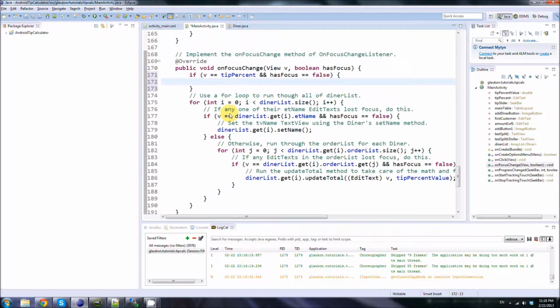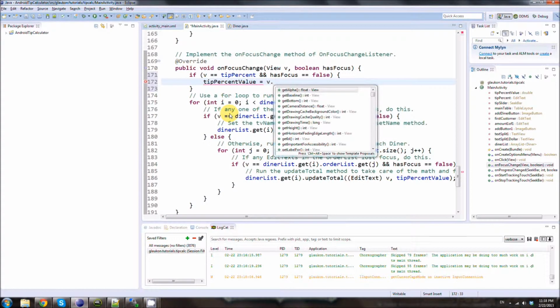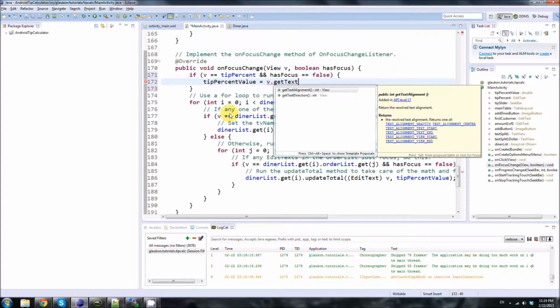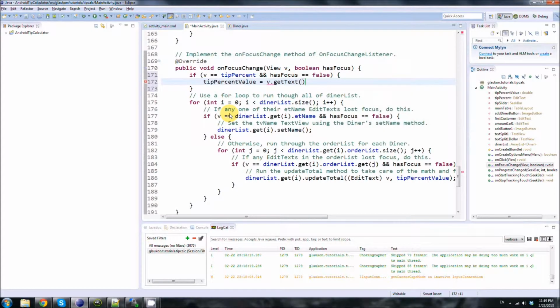Well, we want to set tip percent value, the double, to a new value, and it will be equal to v, again, which is tip percent in this case, in this block. We'll get text, and that'll be turned into a string, and then we need to turn the string into a double, so Double.parseDouble,